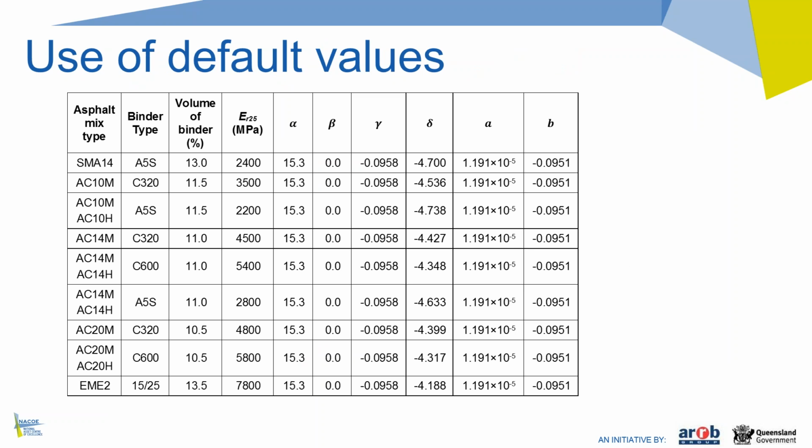So on the use of default values, the TMR supplement currently has a set of default values for asphalt, and they are shown for typical TMR asphalt mixes. They're shown in this table, and also shown in the tables are the default values for the master curves, to be able to use master curves with the current mixes using the default values that are already in the TMR